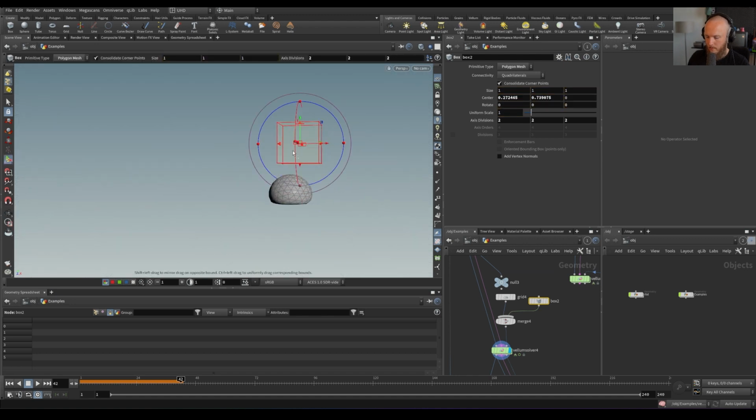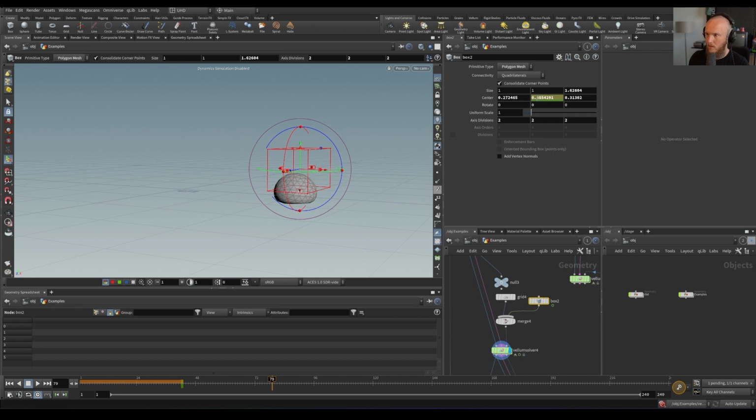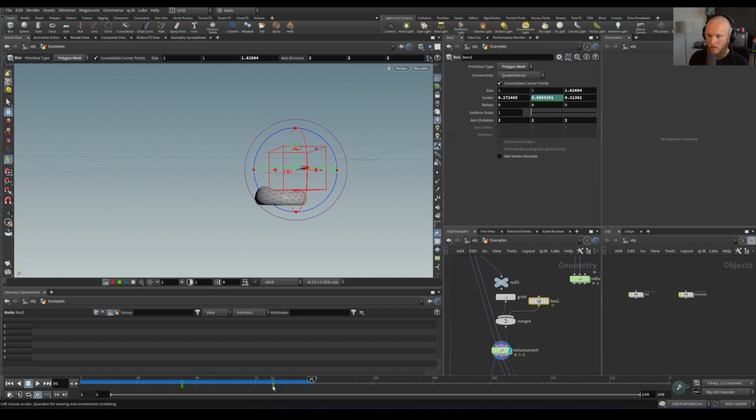All right, let's say I'm going to animate this down. Right, there we go. All right, I can probably squeeze it a little bit more, but this is going to behave much more accurately,